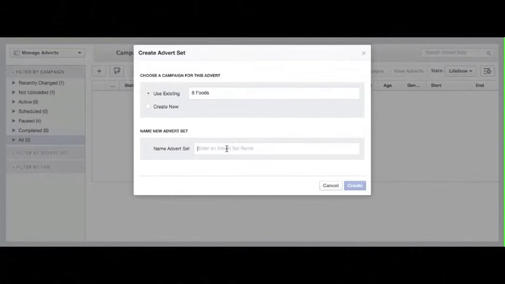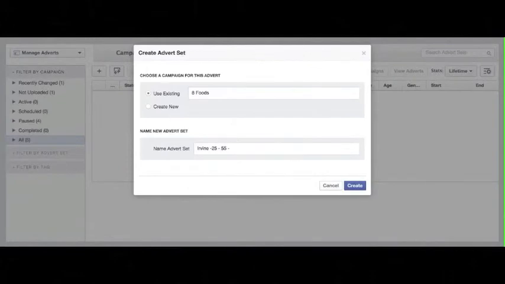So let's see. If we're doing local marketing, you're going to want to target your local market, and in your ad set, you're going to want to name that. But if you're doing more of a national campaign and you don't really care if you're getting local leads or not, then the targeting is going to be different, which I'm going to show you. But in this case, we'll just say we're going to do a local campaign. So let's see, we'll do Irvine, IRV, Irvine. We'll do people ages from 25 to 55,